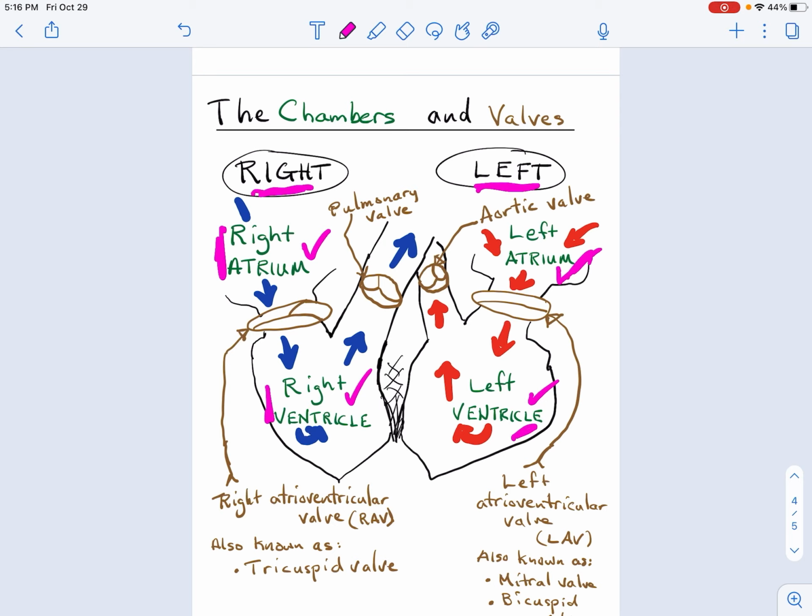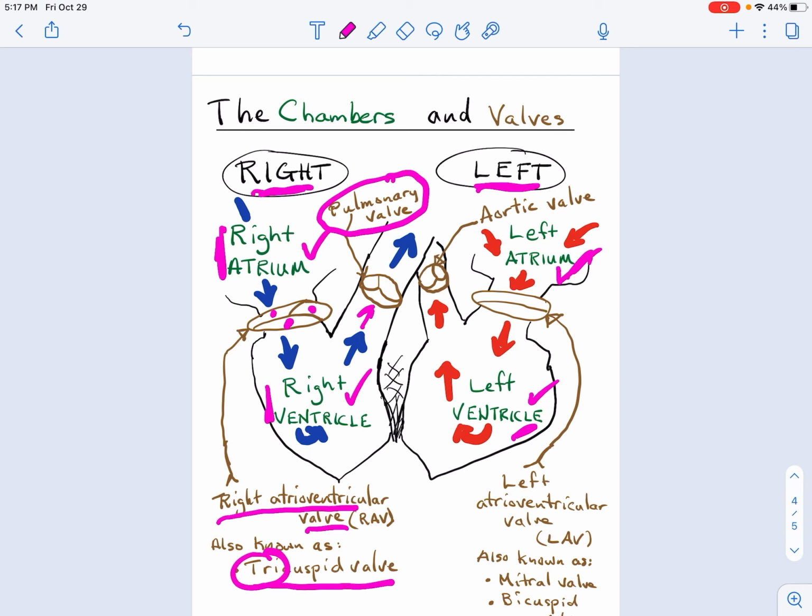The right atrium receives deoxygenated blood from the superior and inferior vena cava. That deoxygenated blood moves into the right ventricle, passing through the right atrioventricular valve. The right atrioventricular valve is also known as a tricuspid valve. It has 3 cusps in the valve. 1, 2, 3. The right ventricle then moves that deoxygenated blood out through the pulmonary valve here